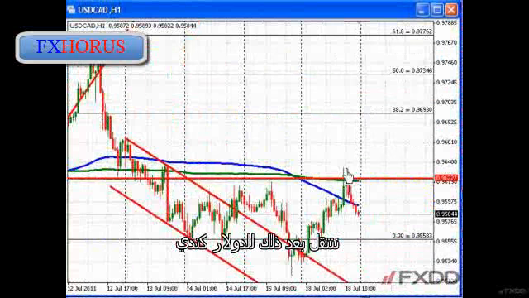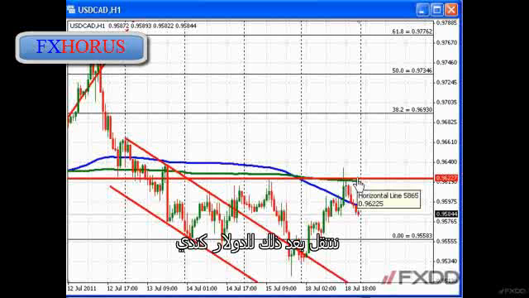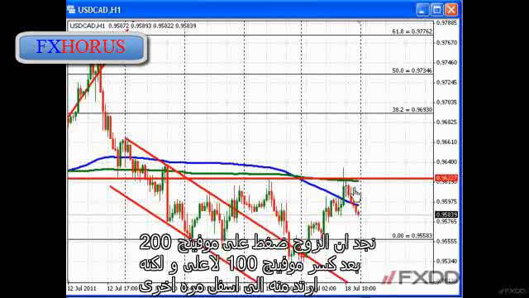And we saw oil prices come off a little bit here today. That pushed dollar Canada to the upside, but as we come into the close and the euro dollar moved higher, we saw the dollar Canada move back to the downside. The move to the upside took the price above the 200-hour moving average, that's the green line in this chart at the 96.22 level,